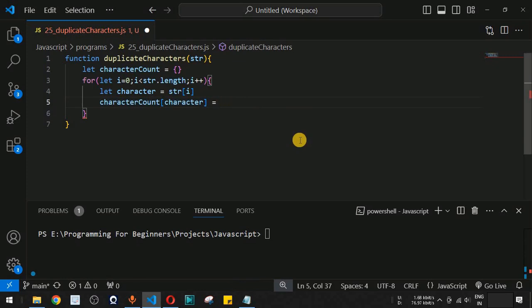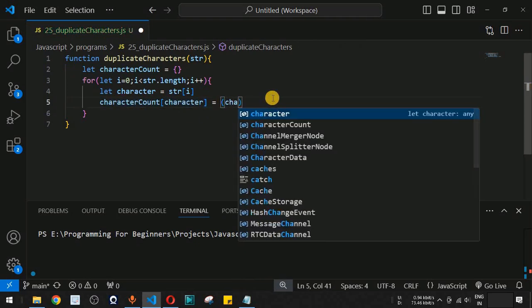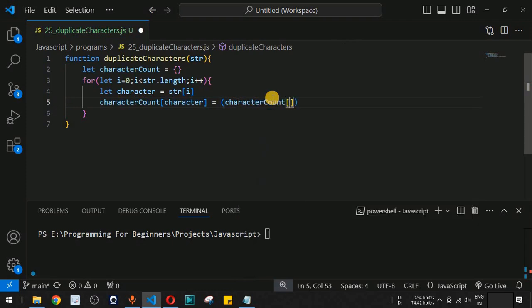So guys, simply what we can do is, first of all we need to check whether it is having certain value or not. If it is not having any value, which means the value for this particular key will be null initially. So simply what we can do is, over here character count, and then followed by open and close square brackets, simply we can say character over here, which is the key right now, and then after the brackets we can simply say plus 1 over here.